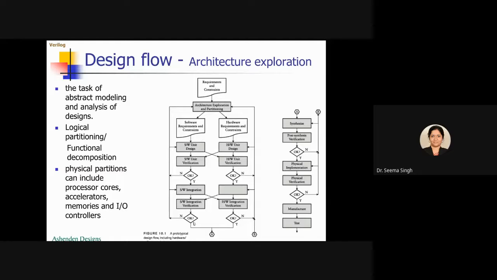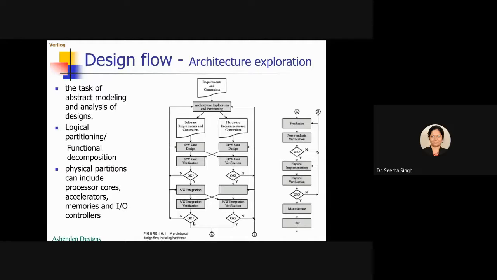What do you mean by logical partitioning? It means that we are identifying parts of the system that will implement various processing steps. This form of partitioning, where we are partitioning the different implementation steps, is called functional decomposition. So functional decomposition or logical partitioning is the method where we do the partitioning for the various processes.